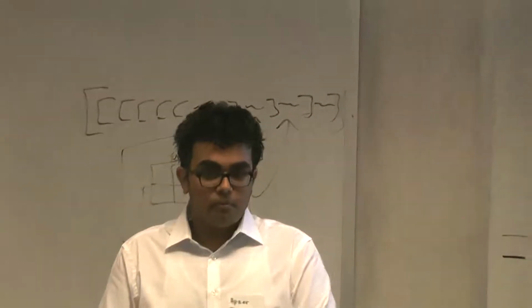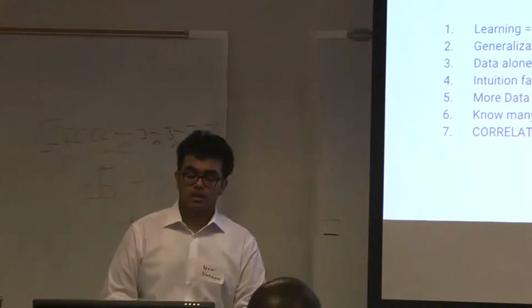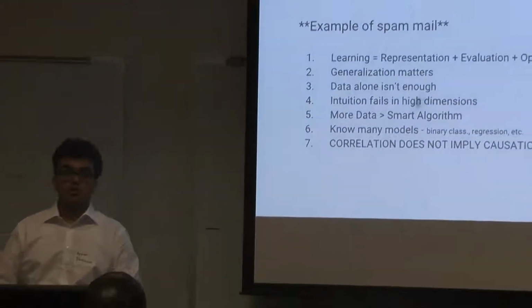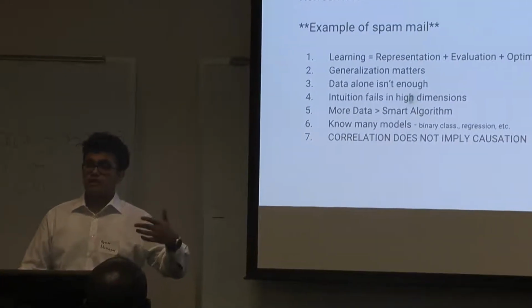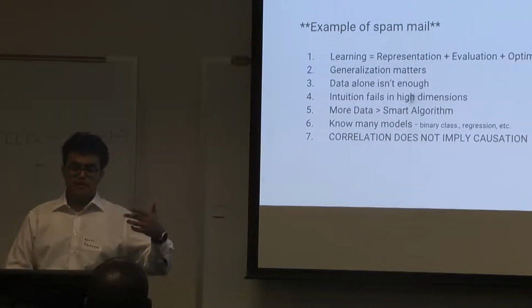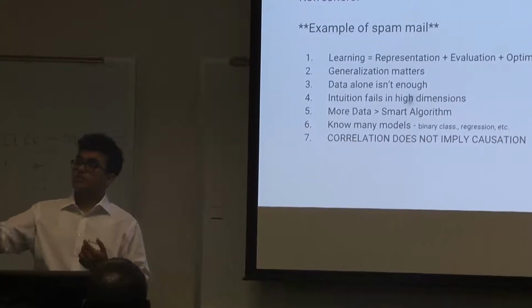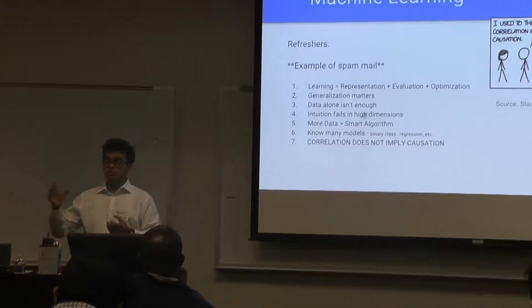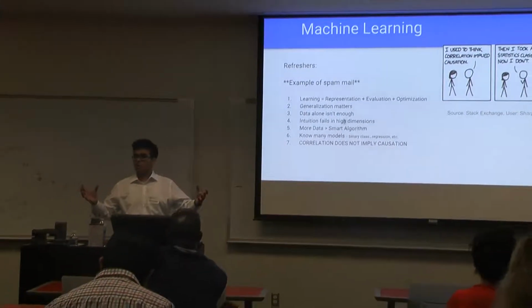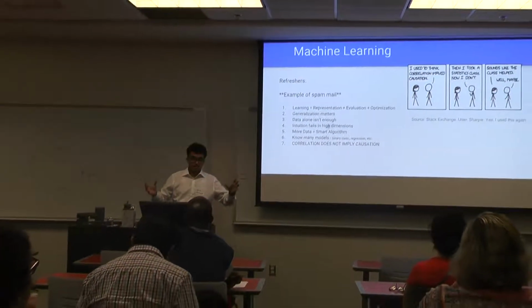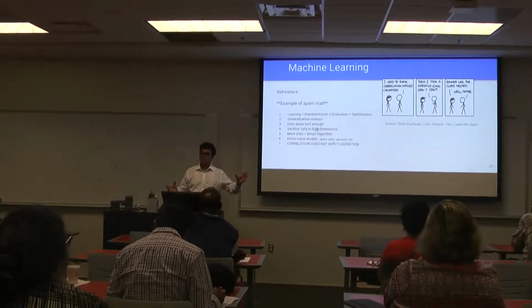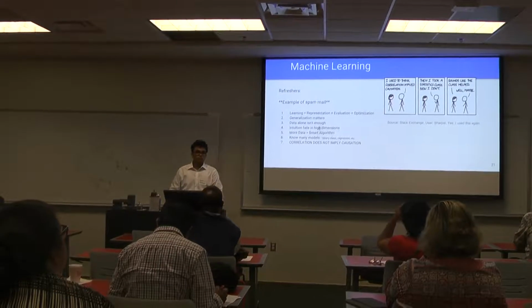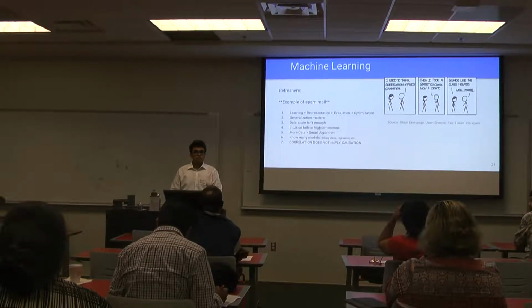Okay, so number 5 is saying that more data is better than a smarter algorithm. So if you're able to feed your algorithm more data, it's able to learn better than if you were to have less data and fed that data to a very smart algorithm. It wouldn't perform as well as a mediocre algorithm with a lot of data, because that mediocre algorithm knows just about every possible case. So the algorithm is only as good as the data that's being put in it?